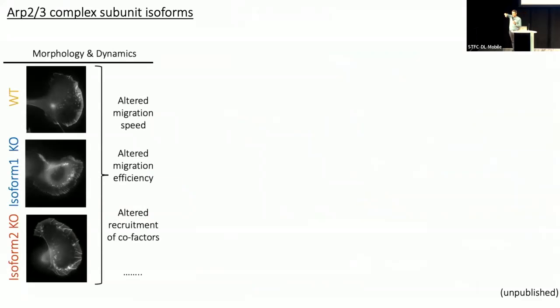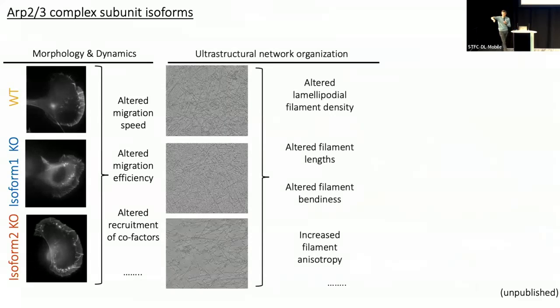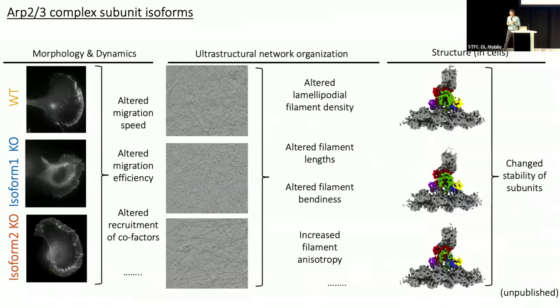It allows us with our workflow to integrate the cell biological parameters, dynamics, change of polymerization, change of protrusion efficiency, of essentially what defines how a cell moves, with the underlying topological changes and the structural changes. So here we can link, and this is unpublished, but we're currently writing it up, there's a lot of biology to learn, but I won't go into detail about this, how one isoform really allows